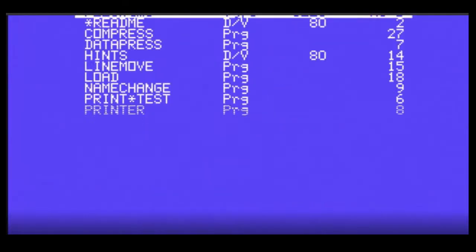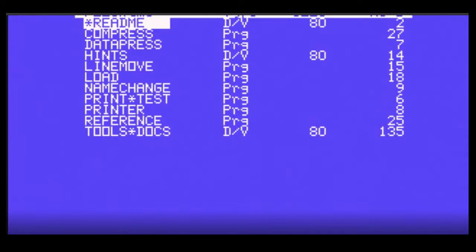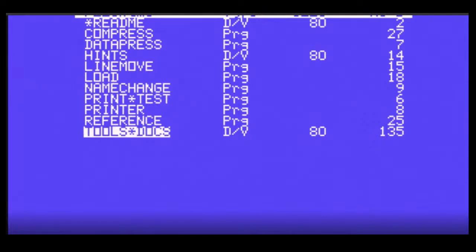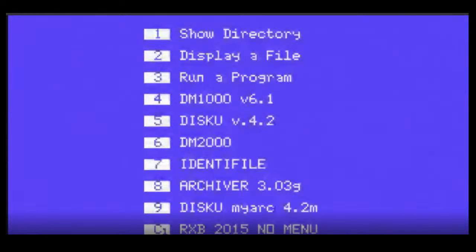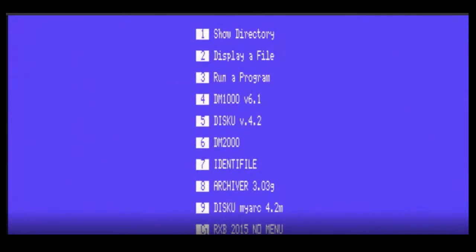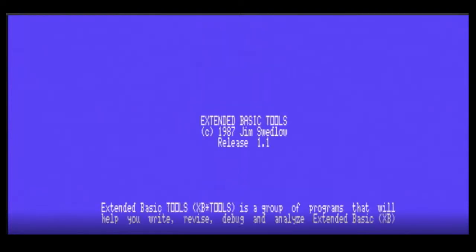Disk 1. Hints. Oh, okay, here we are. Go down to the last DV80 file, Tools and Docs, press V to view, enter. Okay, and this looks like it's formatted for 80 column. So we'll go back, press W, press 2 for display a file, disk 1, Tools and Docs. There we go. So now you've got a nicely formatted